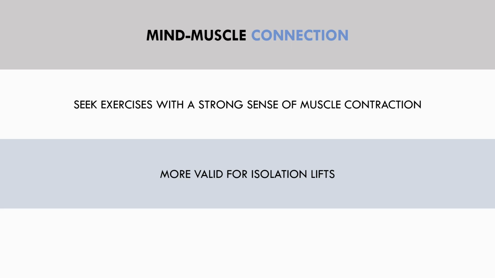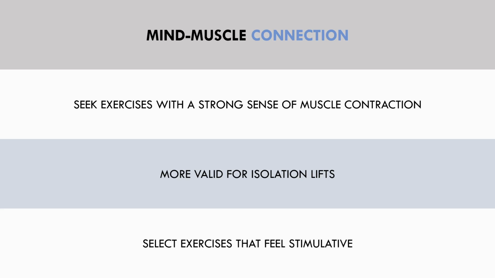This trainee knows that they need to perform some form of chest fly, but which one is best to implement? Maybe for this trainee, dumbbell flies don't feel particularly great on the chest, they simply don't get that sense of contraction. Then they try cable flies instead, and they feel a full stretch in the chest at the bottom range and a strong contraction at the top. The cable fly in this instance may simply be a better exercise choice for this trainee to get the most